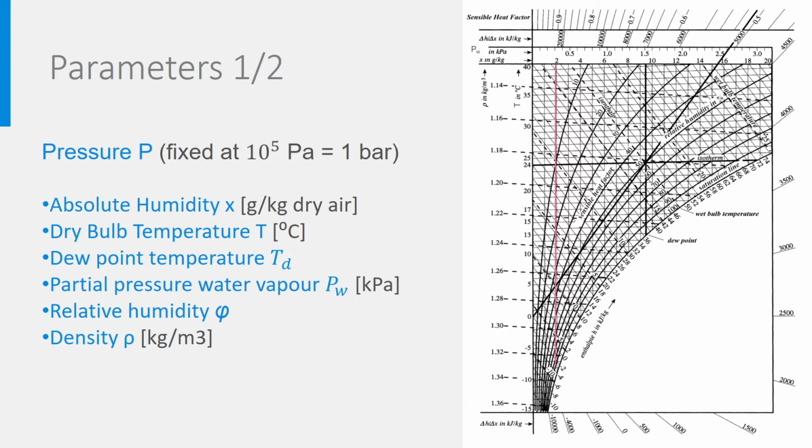Second, we have the air temperature on the vertical axis, that is the dry bulb temperature, just the common air temperature, going from minus 15 to plus 40 degrees Celsius. Third, there is the dew point temperature that we will define later. Then comes the partial water vapor pressure, Pw, that, as you know, is parallel to the absolute humidity. As we have seen earlier, the relative humidity is there. And finally, the density is plotted here, with its value on the vertical axis as well.